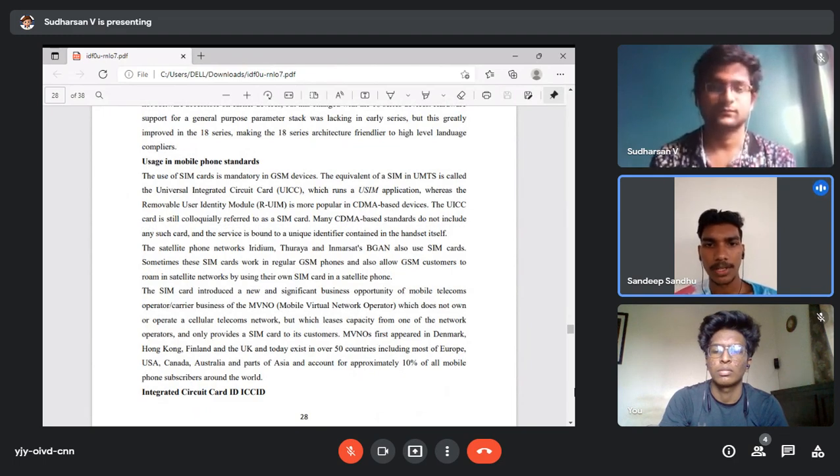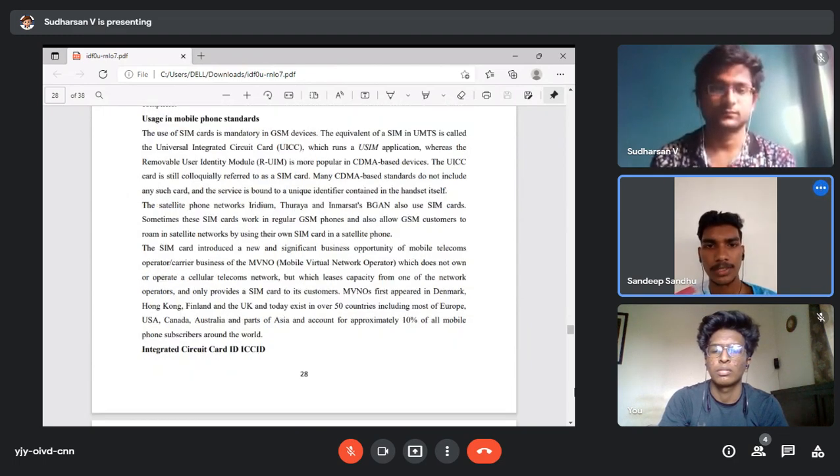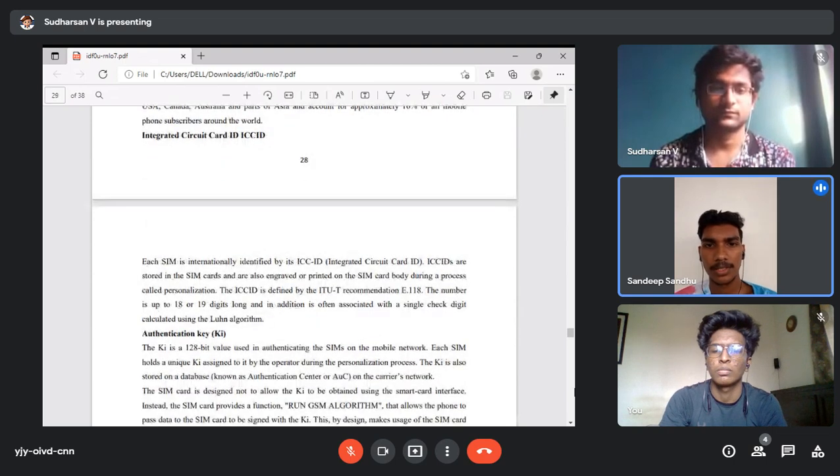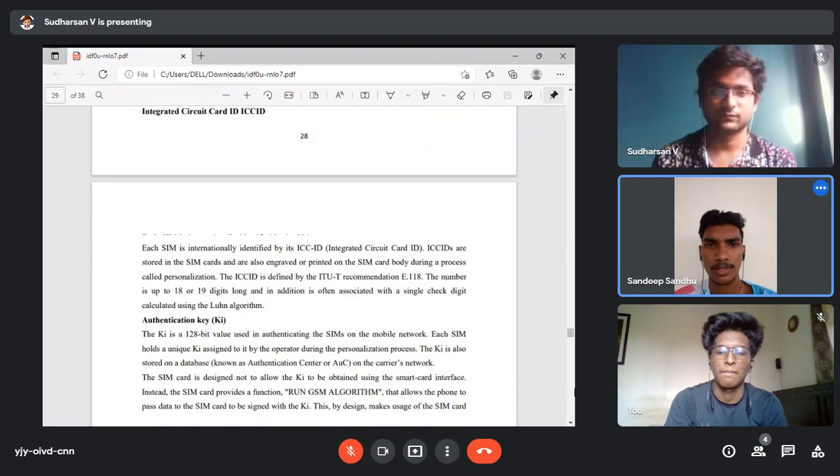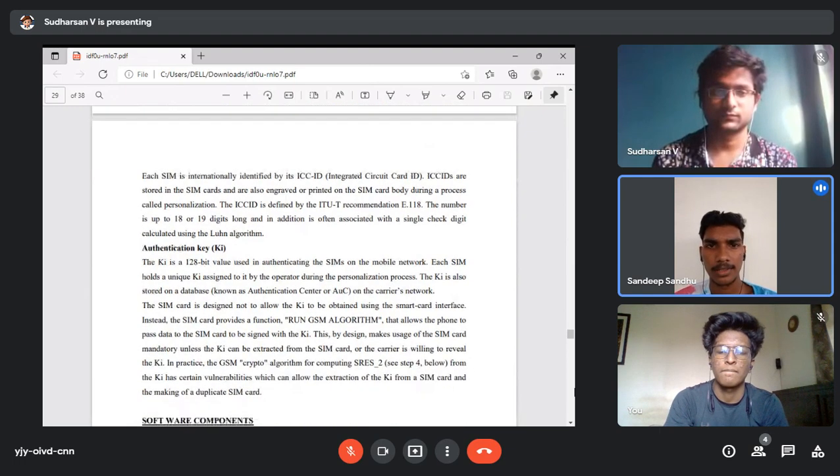Integrated Circuit ID, ICCID. Each SIM is internationally identified by its ICCID. These are also encoded or printed on the SIM card body during a process called personalization. Authentication key. The key is